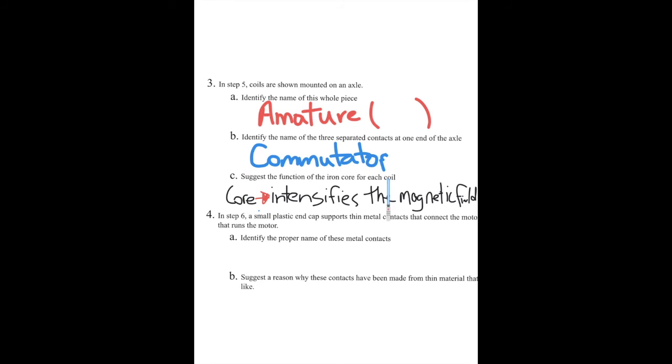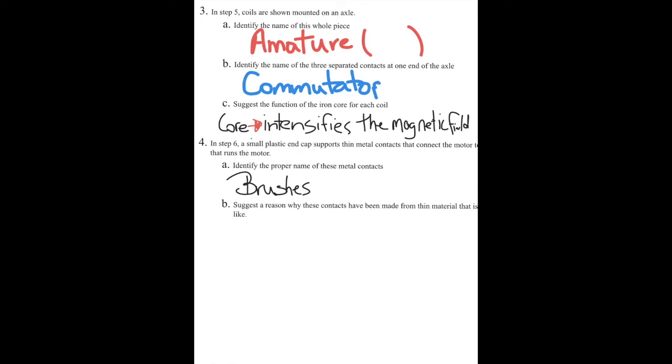Okay, suggest the function of the iron core for each called a core. Intensifies the magnetic field. Identify the proper name for these metal contacts. They're the brushes, and they're usually solid and in one spot. They're stationary, and they transfer electric